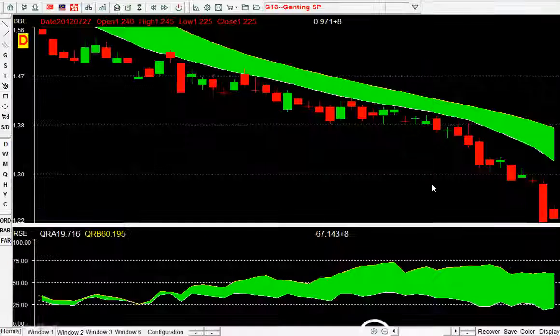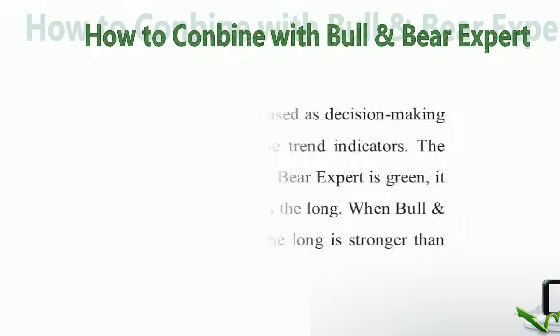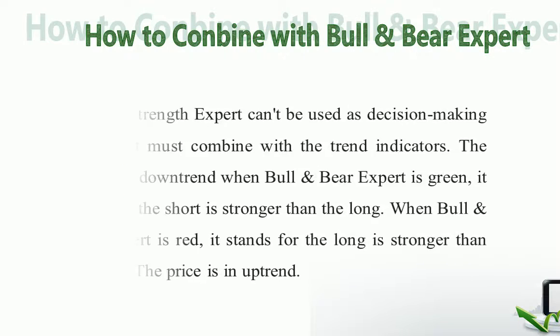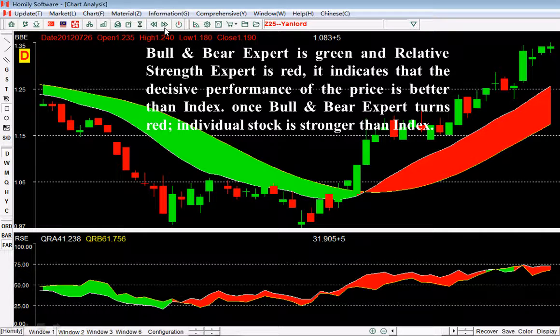Okay, so this is the method. I hope you can remember: how to combine the bull and bear expert. The bull and bear expert is green and the relative strength expert is red. How to find it? If you see a chart like this, here is the green band, but we can see the green turn to the red,